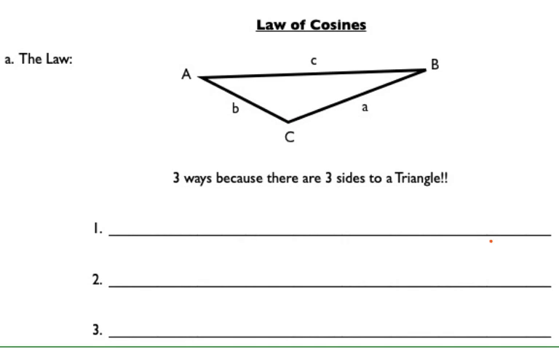Regarding this law, we're going to have three different ways to write it. With the law of sines, there were two ways to write it. There was a way to write it when you're trying to find sides, and a way to write it when you're trying to find angles, because you're setting yourself up to do the minimal amount of algebra to solve for those pieces. With the law of cosines, there aren't different rules for finding sides versus finding angles, but there are definitely